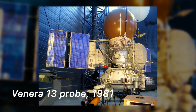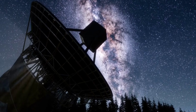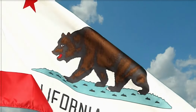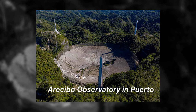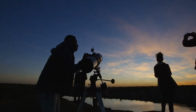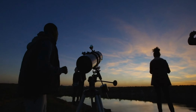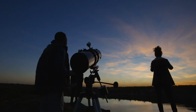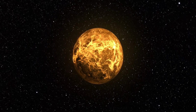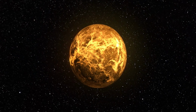Earth-based radio telescopes also study Venus, including the Goldstone Solar System Radar in California, Arecibo Observatory in Puerto Rico, and Green Bank Observatory in West Virginia. Of course, you don't need a spacecraft or a telescope to observe Venus. It's the third brightest object in our sky after the Sun and Moon. It's easy to spot in the evening or morning sky, and people have been watching Venus with their own eyes